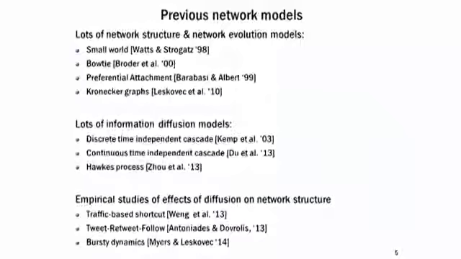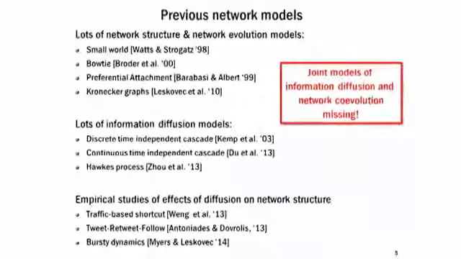But if you look at the probabilistic model for these two interacting processes, it's still missing in the literature. So essentially, the goal of the paper is to provide such a joint probabilistic model for both information diffusion and network evolution. And then we also want to figure out how to actually simulate events from such a probabilistic model efficiently,